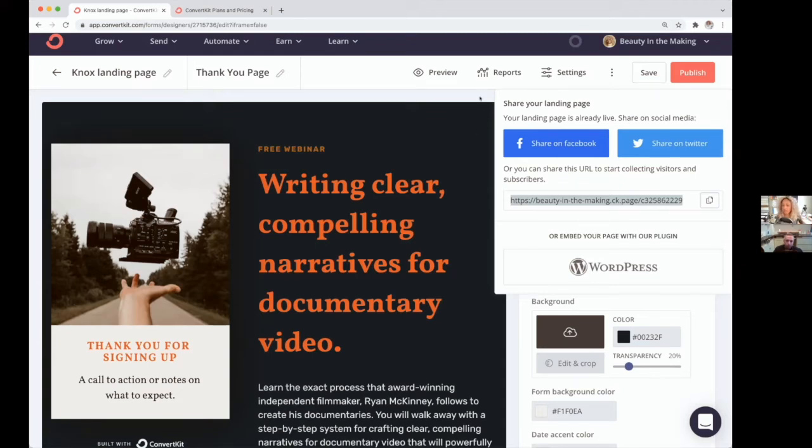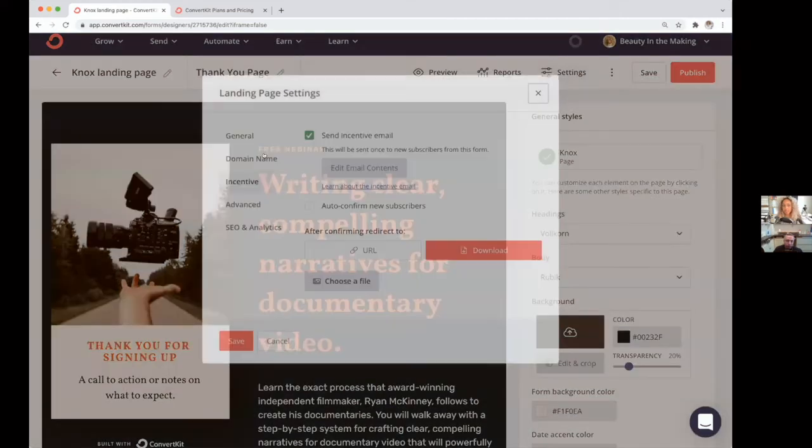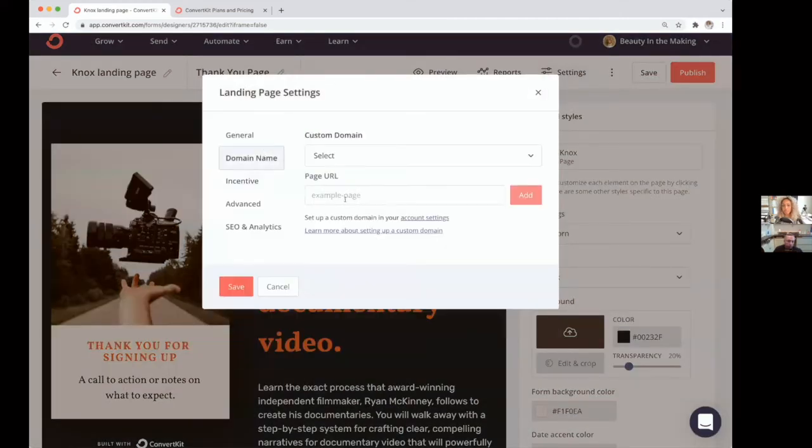So to do that, you would just head back to settings, domain name, and then you would need to set up your custom domain by heading to your personal account settings here. It will walk you through specific steps to attach what's called your DNS records into ConvertKit so that it can pull your domain over. Because when it does, similar to me, when I pull mine over, instead of it being